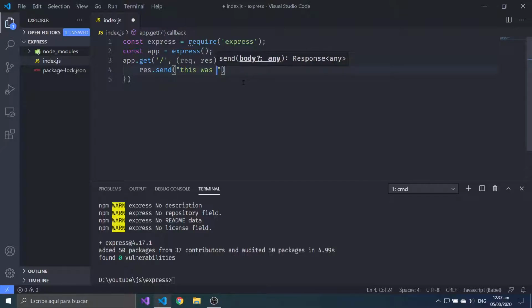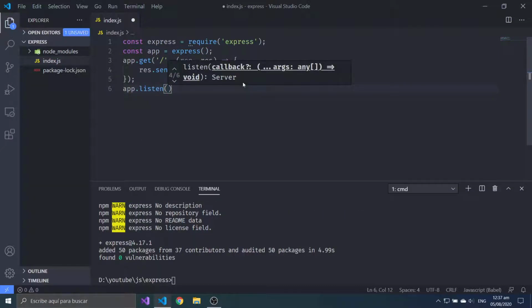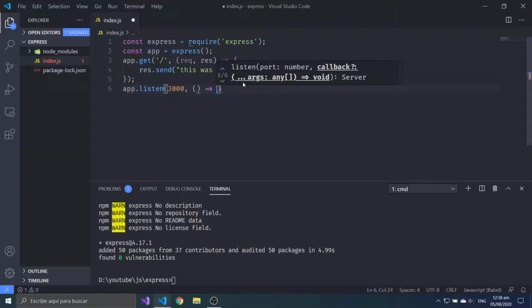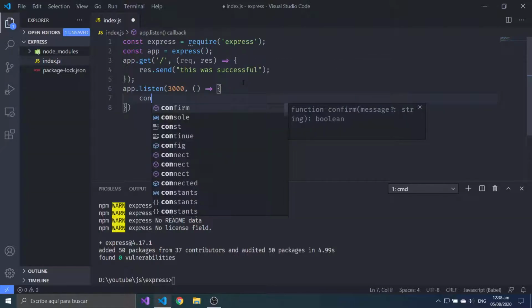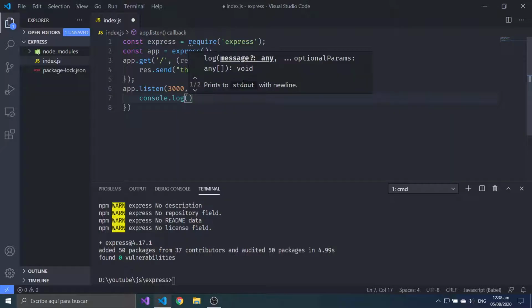This was successful. Now, so it runs constantly, we'll do app.listen, and then you put the port. Port 80 would be the default for web, but because we're developing it, we'll just use 3000. And the callback will be a simple function saying console.log